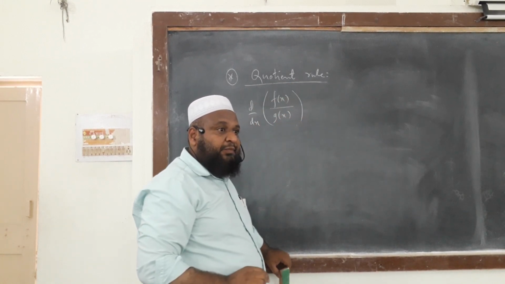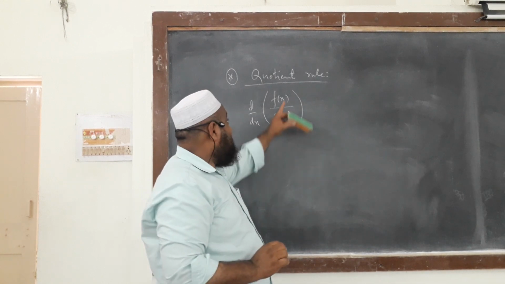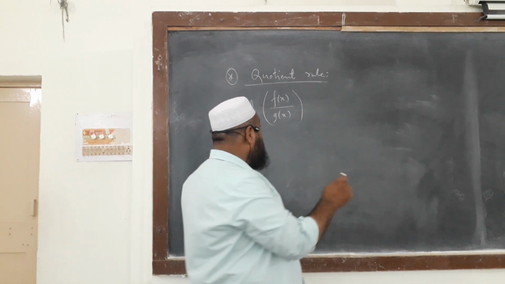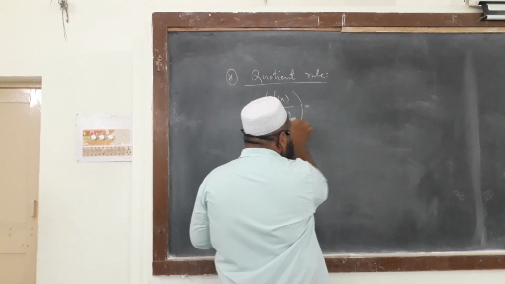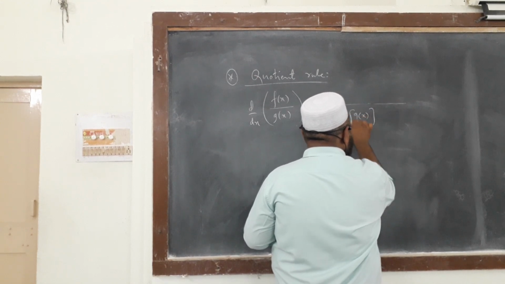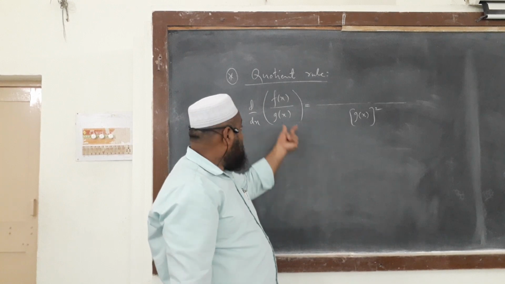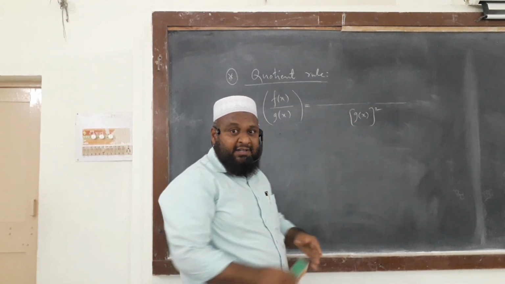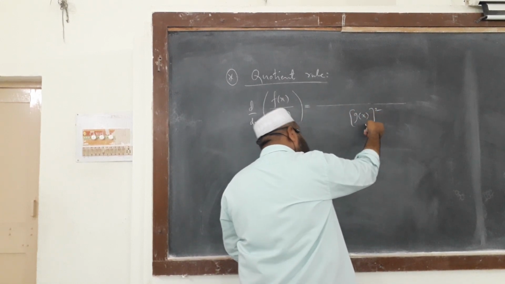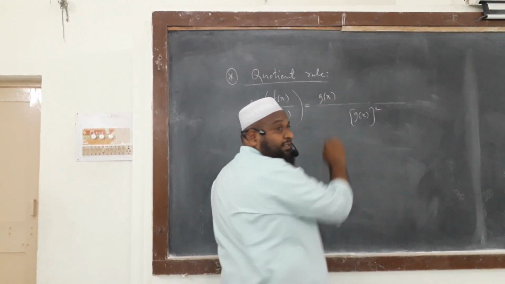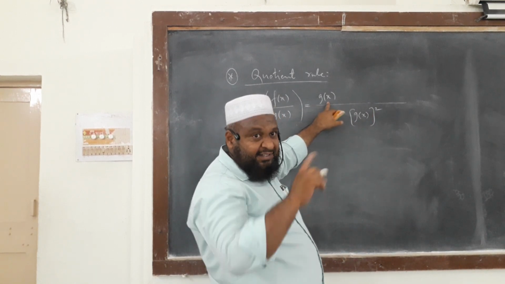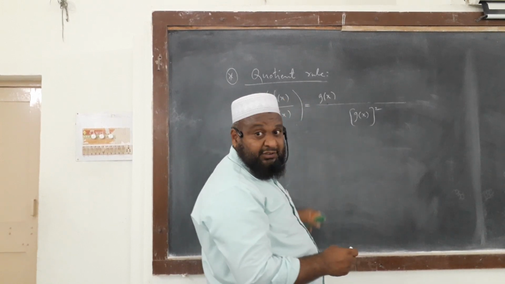If you have two functions, one in the numerator, one in the denominator, what you do is, this denominator function you directly copy in the denominator, but square this one. Same g of x squared. Once you write this one, that g of x you continue here and that same g of x you write it here. So g of x whole square and then g of x. Once you wrote g of x, differentiation should be done to this f of x. So d by dx of